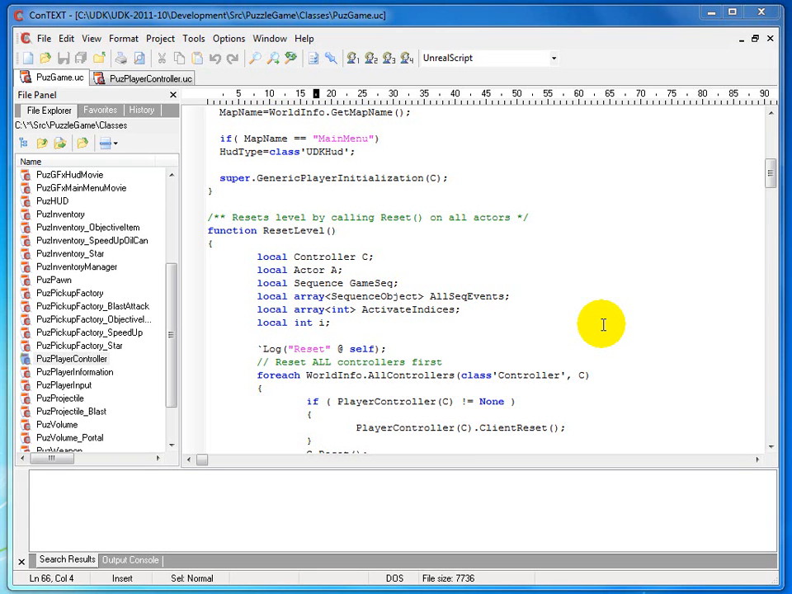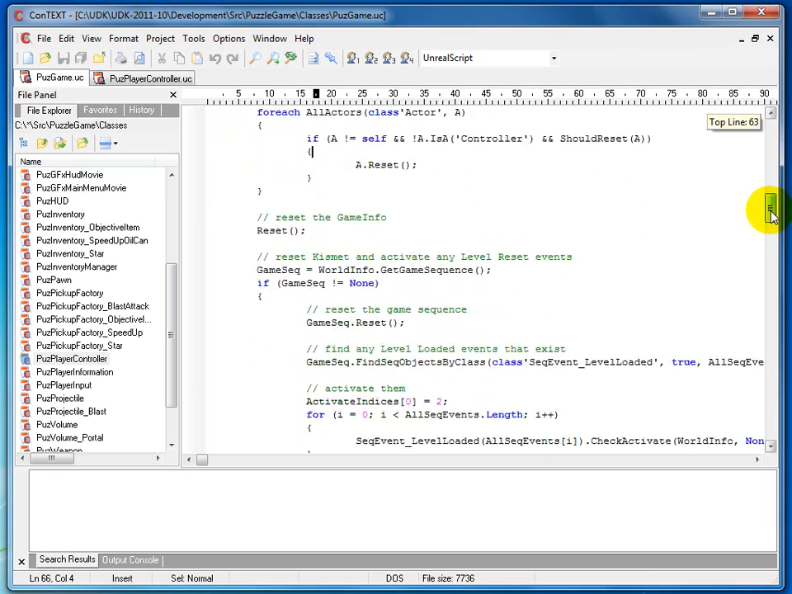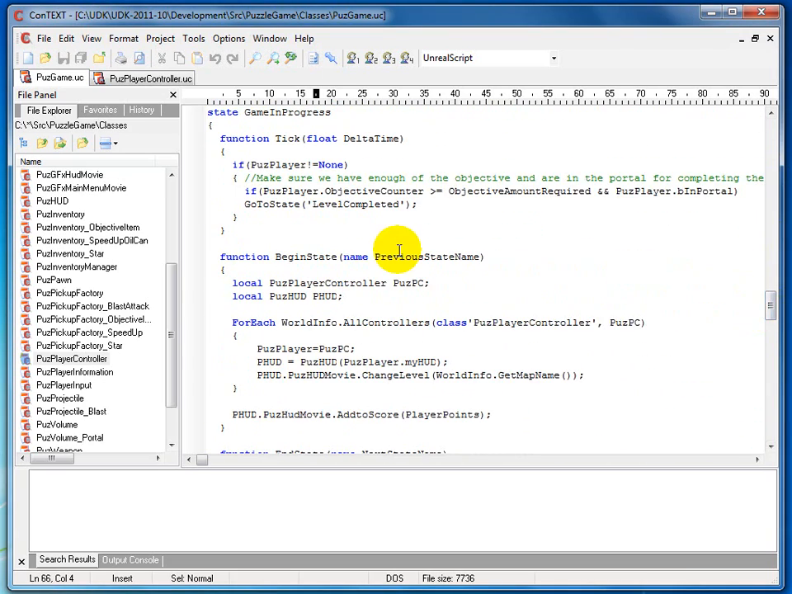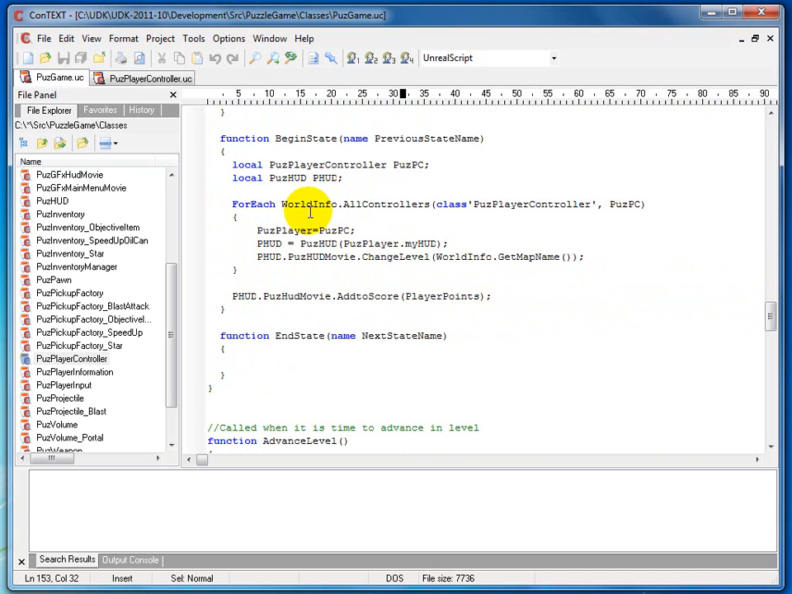We're actually just going to restart the level is what we're going to do. But later we might get into resetting the level. But for right now, we're going to go into Puzz Game, and we are going to try to find our game in progress state. And inside of our game in progress state, we're going to go into our begin state, and underneath our for each iterator where we set the Puzz HUD, after we have our Puzz HUD, we're going to say